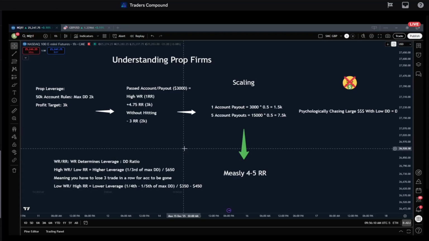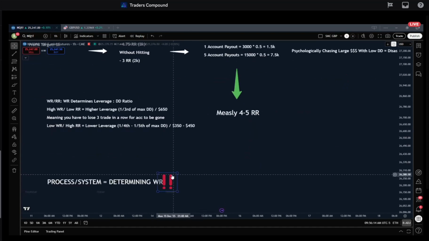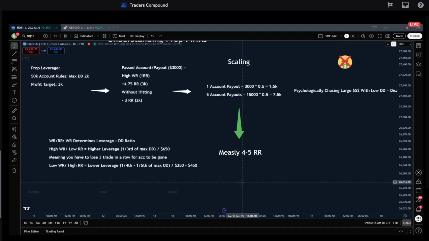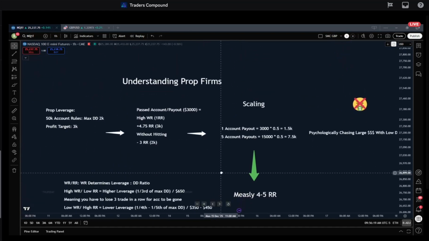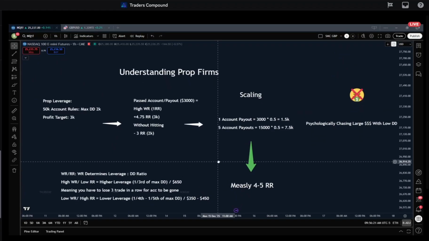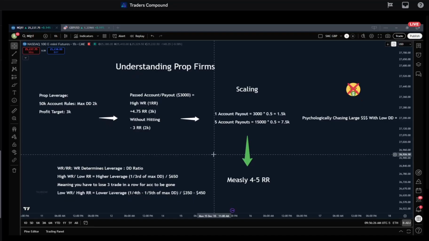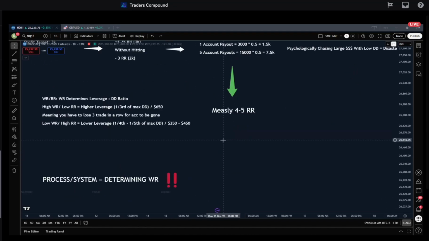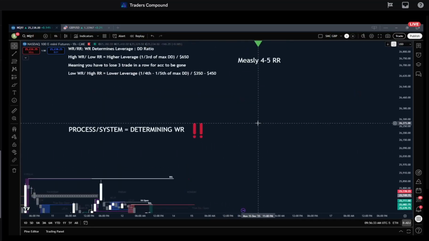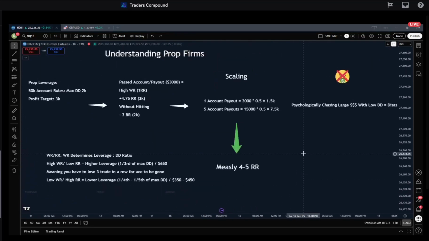So I want all of us to reflect, whether we trade AIO, whether we trade these morning session calls, maybe we do both, maybe we trade independently as a VIP student and we're learning. Where are we? What does our risk look like? Risk and execution, one cannot go without the other. It's not possible, right? So that's what I have for you guys in terms of understanding prop firms.